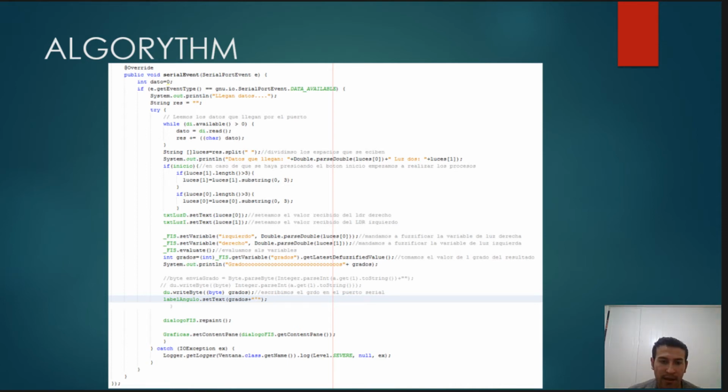Well, here we have the algorithm, and we have just one method. This method is the most important because with this we read the data of the serial port that sends the Arduino,